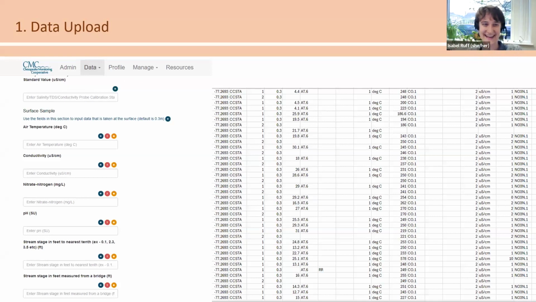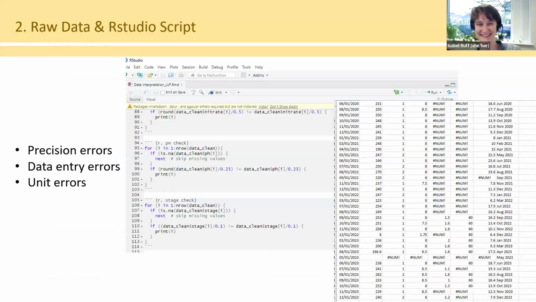Well done. And then this other image on the side is what data looks like when you download it from the Data Explorer. So anyone can go in, anyone can access the data that you've uploaded. And when they query and download for a site, that's the form it looks like. And you can see it looks a little bit strange, a whole bunch of codes, a whole bunch of spaces. Could be a little bit difficult to look into at first, which is where our next step comes into play.